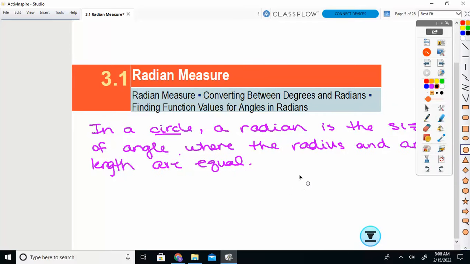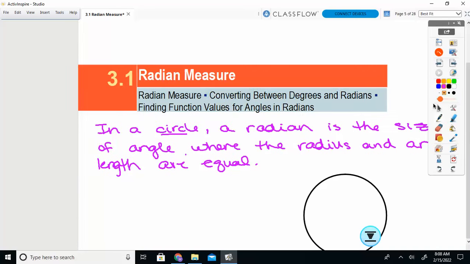So let me show you what I mean by that. So if I took a circle,